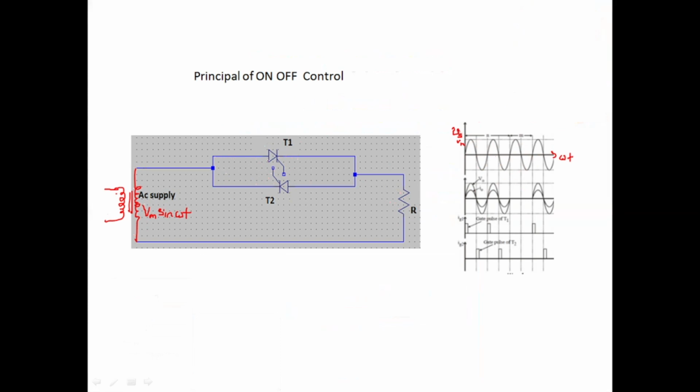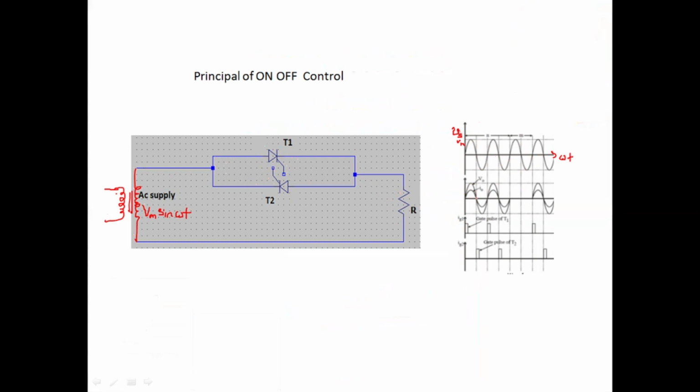In the positive half cycle, we apply a gate pulse to this thyristor. This is shown here using these gate pulses. We apply the gate pulse in the beginning of the first half cycle. Because of that, this SCR conducts. It is acting like a conductor during the entire positive half cycle. So the entire positive half cycle is given to your load. That's the reason the output voltage we are seeing here is sinusoidal for